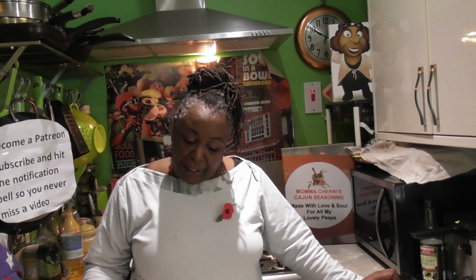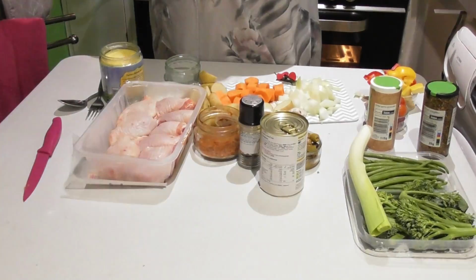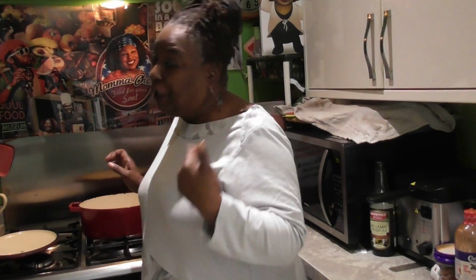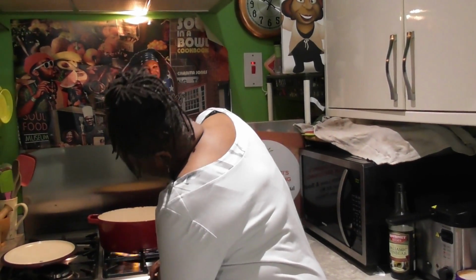Now, in honor of that, I've decided to throw together a one-pot wonder, okay? And this is my chicken casserole, all right? But it's got a lot of different ingredients in it. But altogether, it's going to be flavorful. So, let's get started. Because this is so easy, I'm going to start it on top of the stove, and then I'm going to put it inside the oven to finish it off, okay? So, the very first thing you want to do is get your pan on,